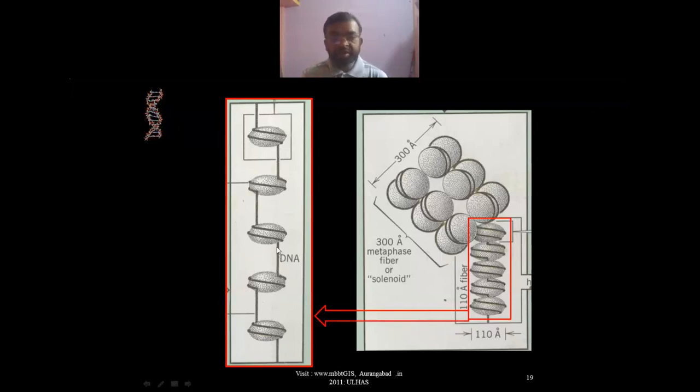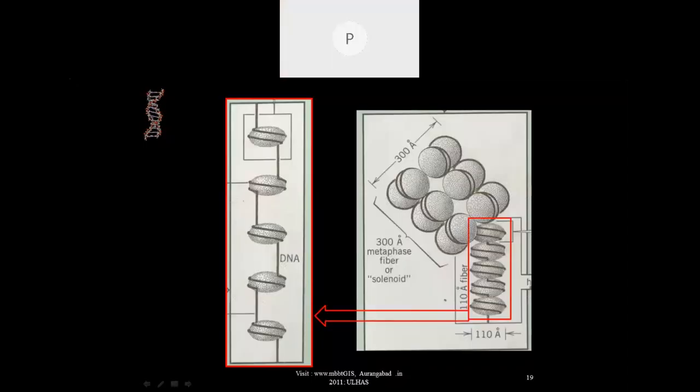This is a very important structure. Why? Because there is a concept of euchromatin and heterochromatin. These terms might be known to you, but the majority of us are not aware of these terminologies. So this part, which is the DNA wound around the histone protein, is referred to as the heterochromatin. And this is the free part, which is referred to as the euchromatin.